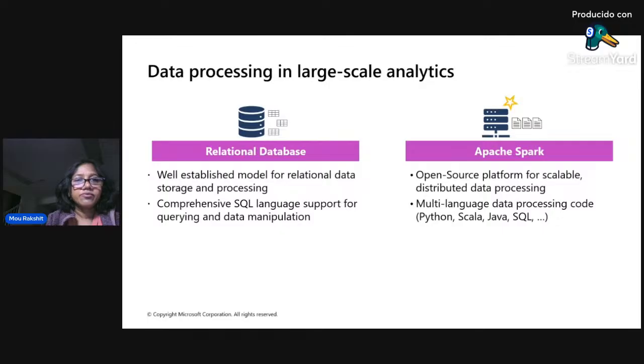So in order for you to process the data, you can either use relational engine, relational databases, which is a well-established model for relational data storage, which is structured row columnar data. And it also has a comprehensive support for SQL language in order for you to do data manipulation as well as read from the data. And then the other compute engine is basically your Apache Spark, which is open source platform for distributed data processing.